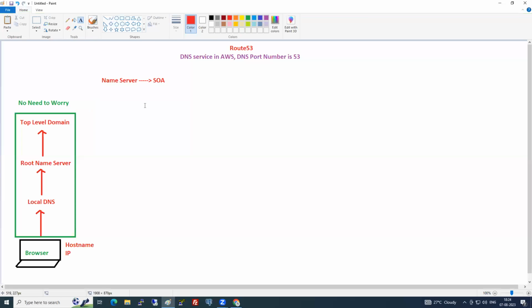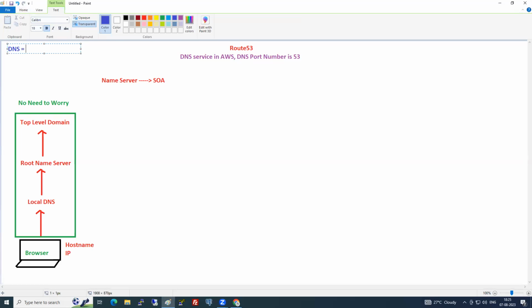What is a name server? Anyone? Do you remember I gave you an example? It's a big top level domain. .com is there, and inside it someone will be there which identifies the domain. What is that? And what is DNS? Let me start with that first of all. What, Gopi? DNS is domain name service only. What does it do?